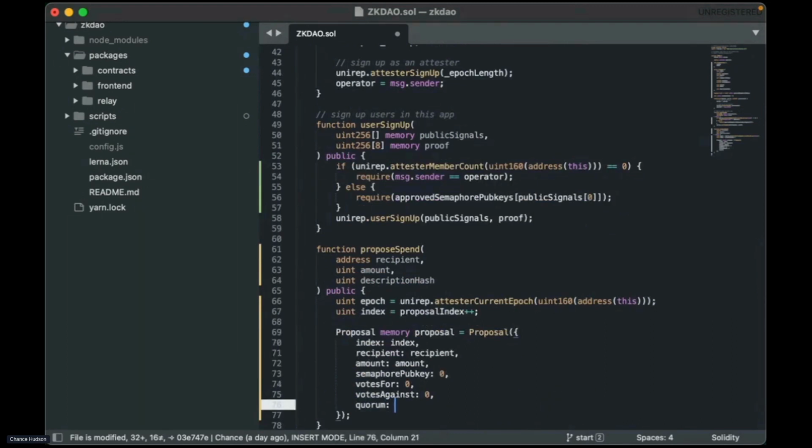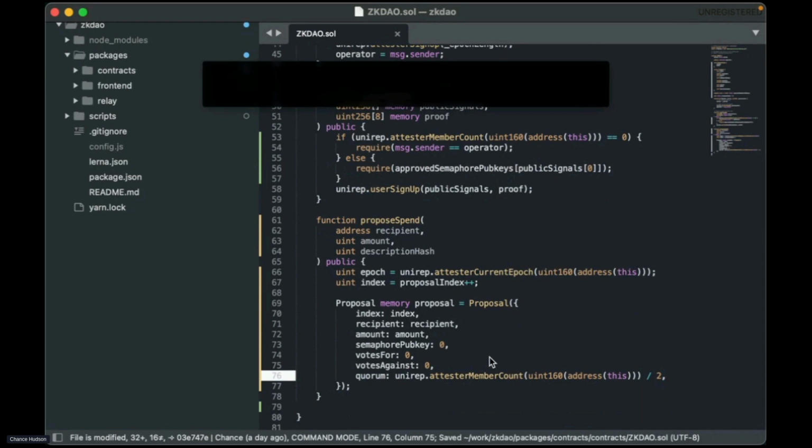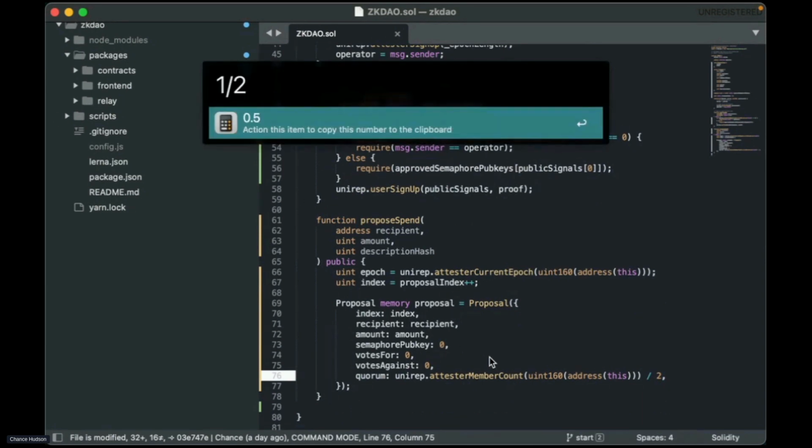And then here's where we get to this weird quorum logic. So we'll grab the number of testers, or number of members in the group, and we'll divide that by 2. But immediately we're going to run into a weird problem here. Say that we have 1 user in the group, we divide it by 2. We get 0. If we have 3 users in the group, we get 2 if we just divide by 2. This is not what we want.